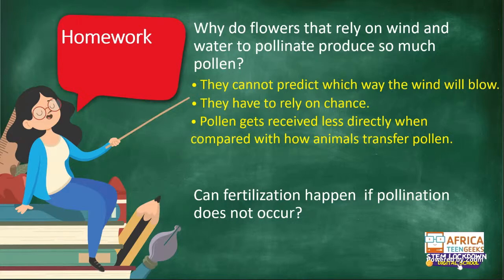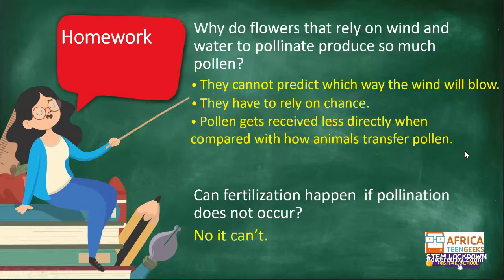So when they move, the pollen sticks to their bodies and it stays on their bodies, and it only rubs off once they get into contact with the stigma, because remember we said that when the stigma is ready to receive pollen, it becomes sticky. So the stickiness on the stigma is what is taking the pollen off of the body of the pollinator. But if the wind blows, some of that pollen might end up on the grass, it might end up on the stem of the flower, it might end up on the leaves, and that is not the ideal place for pollination to happen. So yes, it is less direct when the wind is blowing it compared to when an animal is moving it from one plant to the next.